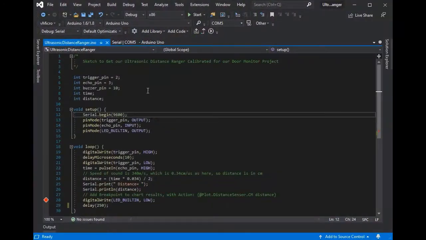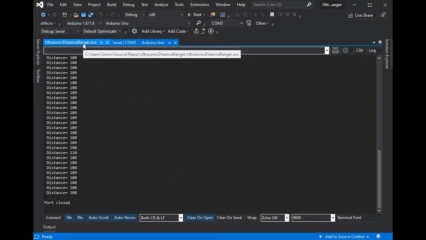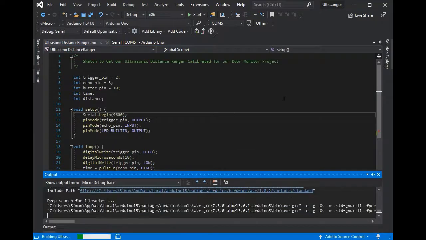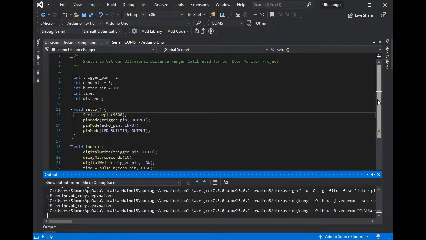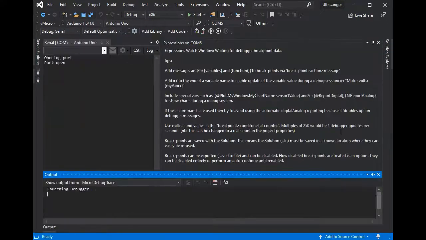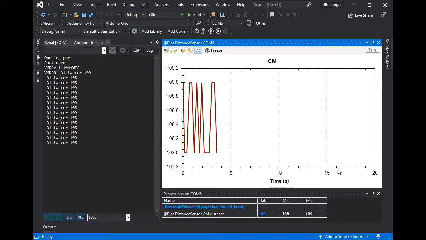Here we have our simple ultrasound detector project, which we're just going to try and use to detect when a door is open. Normally you'd have to do your serial prints to see all the numbers and then come back and try and review what the best hardware setup is. So we're just trying to get it in the right position, basically, which is often the difficulty with these projects in the physical world. But with a single breakpoint and using the charting, we get a more visual representation of what's